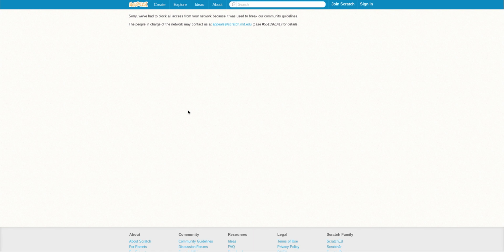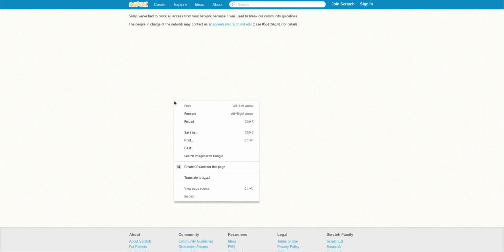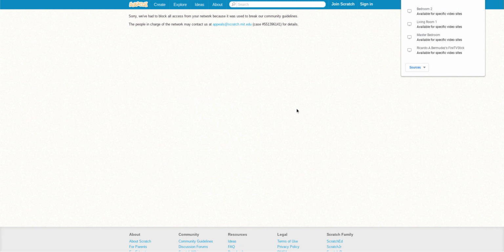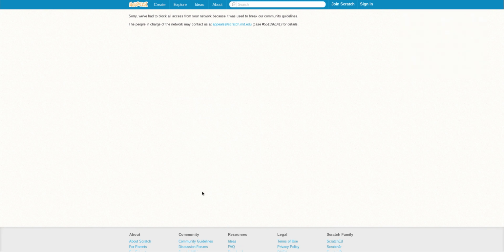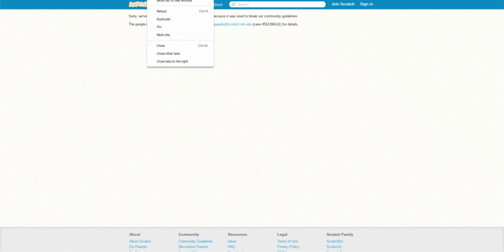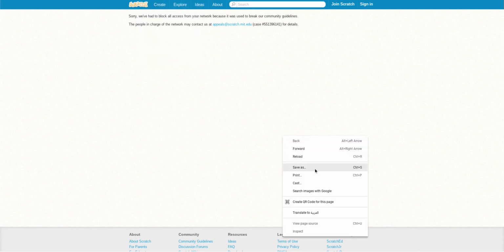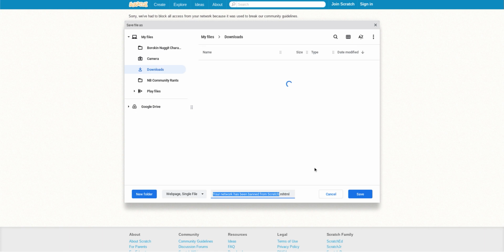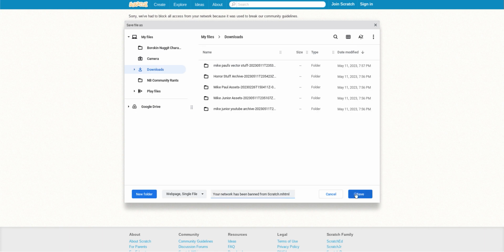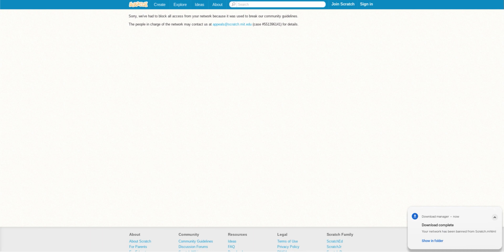Well, let me just show you. You might not expect this. If you try to use the tab, and then save the tab as a file, like "your network has been banned from scratch", and then save it, and then go to the text.